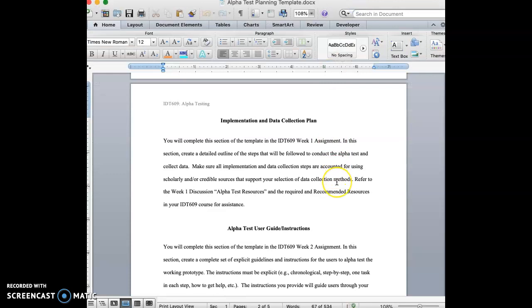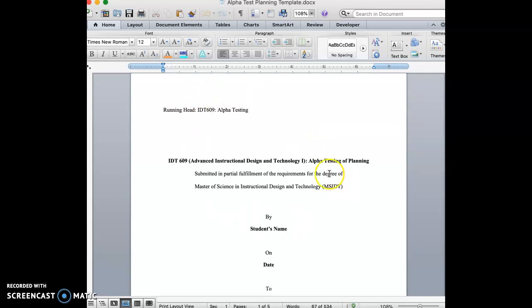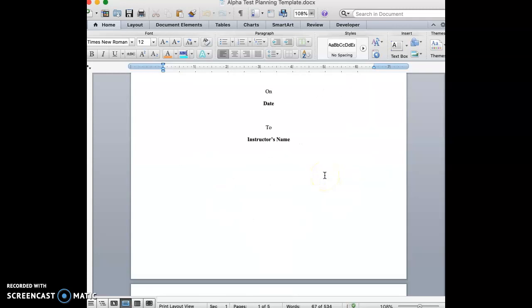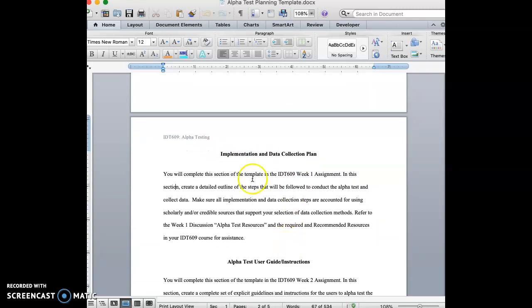I wanted to pull up that template just to walk through this. It's a really wonderful template that the college has designed for this class. You have all of the elements of an APA formatted paper, and then you'll be focusing on this first section, implementation and data collection. So in addition to reading through the assignment prompt, you want to make sure that you're